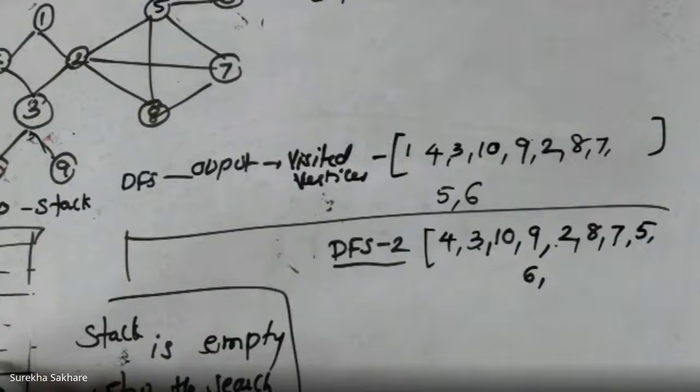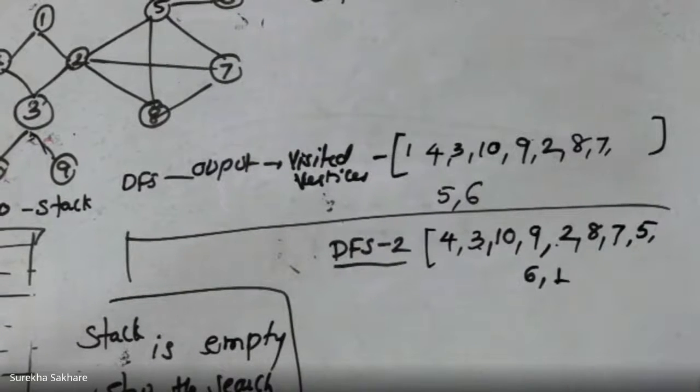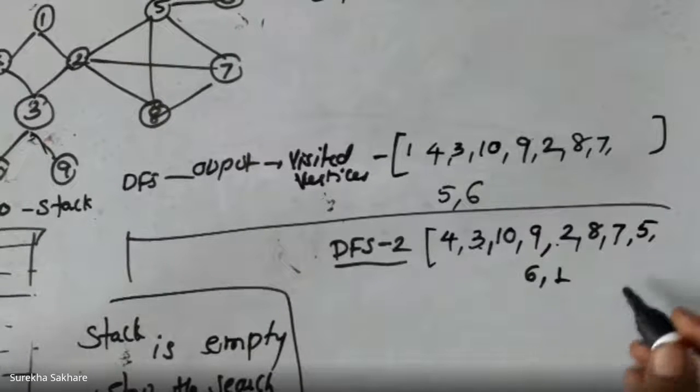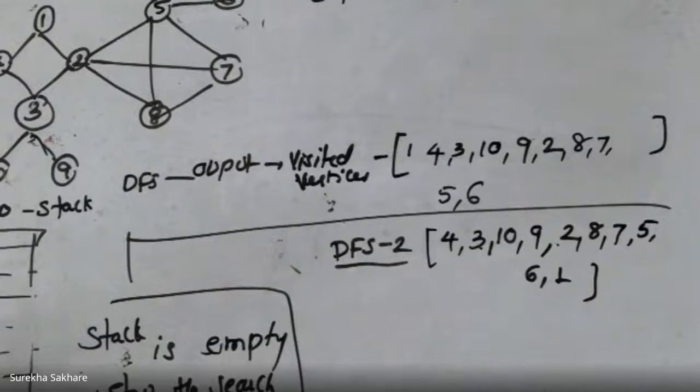Now I have to even reach this after 7 was explored, so I will reach 8. There is nothing to be explored there. From 2, I see that there is some 1 here because I did not reach the 1, so I will include this 1 here. So 2 has been totally explored, and now 4 also has been totally explored. So nothing is there. The queue is empty, so the stack is empty. And this is how total exploration in the depth first search has been done. Thank you.